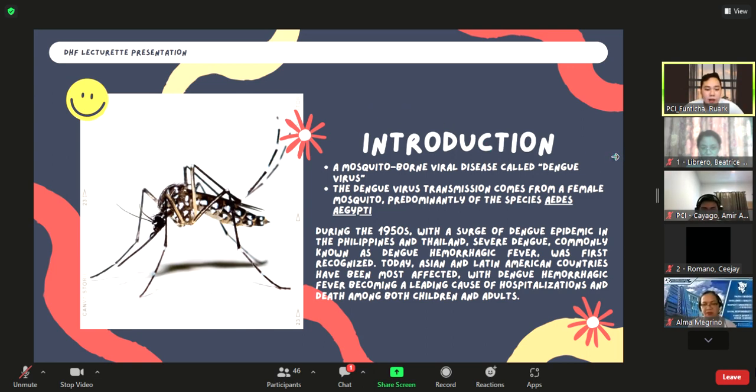So the dengue virus is transmitted by a female mosquito, predominantly of the species Aedes aegypti and less commonly Aedes albopictus. These are carriers of a virus belonging to the Flaviviridae family. There are four serotypes of the dengue virus, DENV 1, 2, 3, and 4, that cause the disease